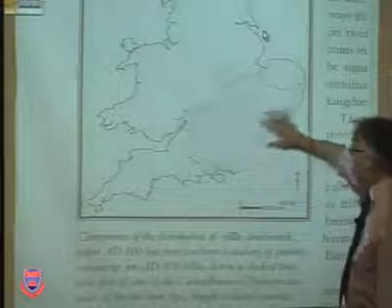So what we've got here is an area where, before 100, we find Roman-style villas building up. Now, the simplest thing is to say, well, Romans have come, and these Roman guys are not going to live in mud huts like the British. They want to have their own villas, the ones they're used to back in Gaul or in Italy or wherever. But as I was saying before, in general, for Roman Britain, we don't see a large demographic movement. We don't see a lot of population shift. So probably